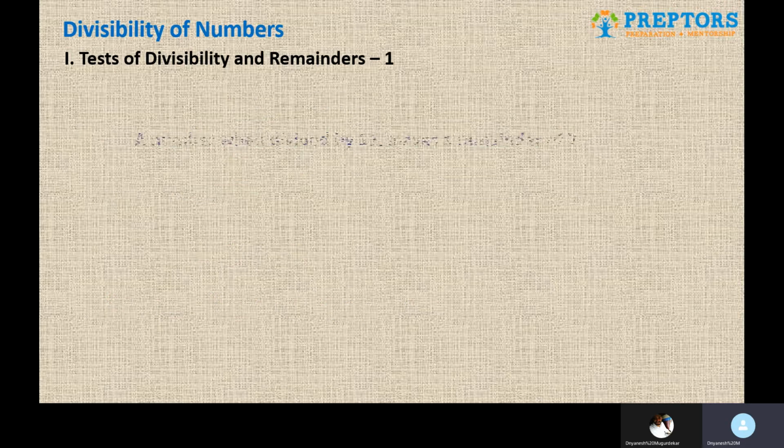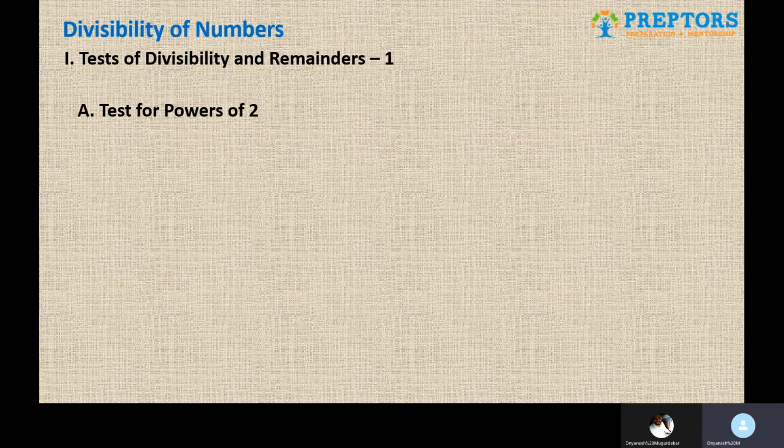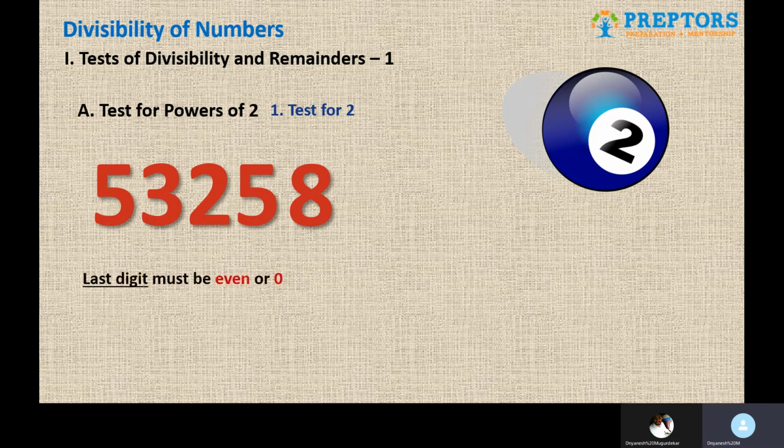So we have grouped certain numbers in certain ways, and we will start with first the group of 2. The first power of 2 is basically 2 raised to 1, which is 2 itself. And in simple words, how do we decide whether a number is divisible by 2 or not? We look at the last digit of the number, which is the units place digit. If the units place digit is an even digit, basically 2, 4, 6, 8, or is a 0, then we say that the entire number is divisible by 2. As a very simple divisibility test, the last digit has to be an even digit or it should be 0.